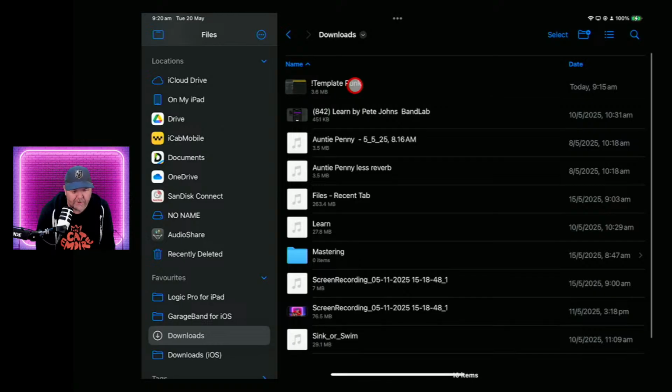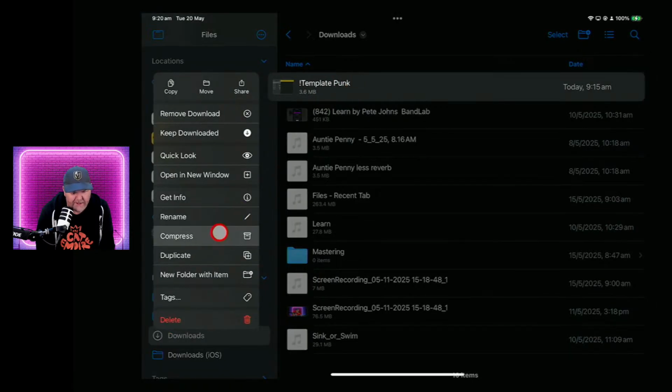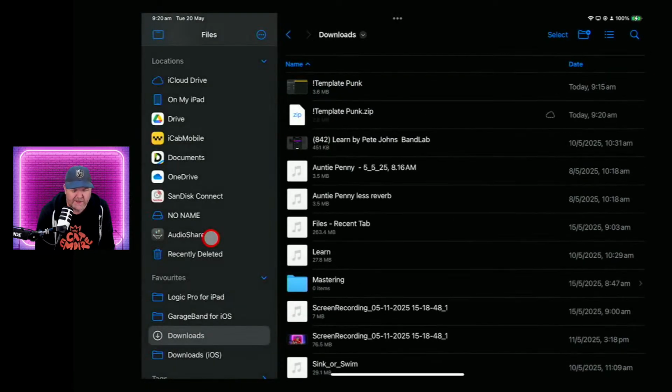So if we tap and hold on this, down the bottom here, you'll see Compress. So we tap on Compress and it will zip that up. See, there's that icon. So that zip file is currently being created. There you go. It's done now. So now I can use this file and upload that to Google Drive, to Dropbox, to wherever I want, and then send someone the folder link, and then they can actually go and download it. So that's a super duper handy way to share and to back up your projects. So you can do that.